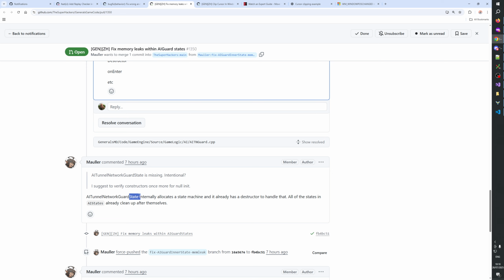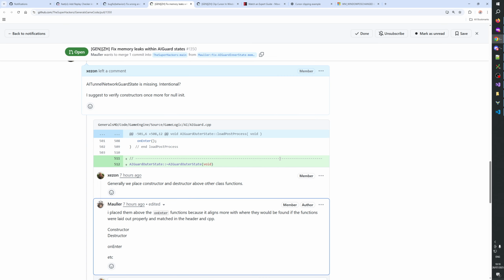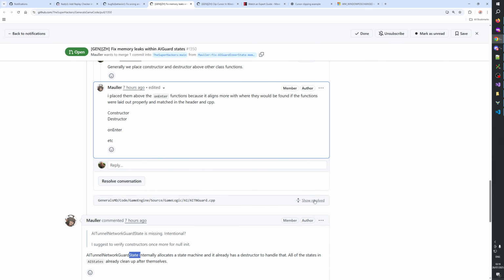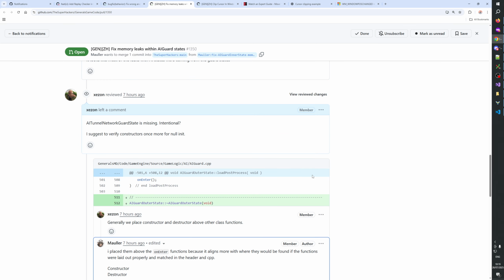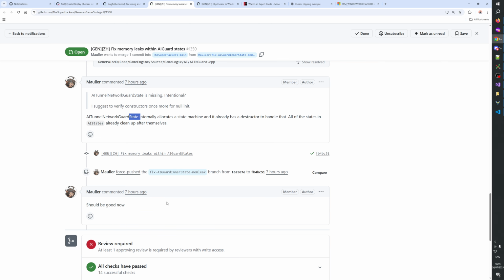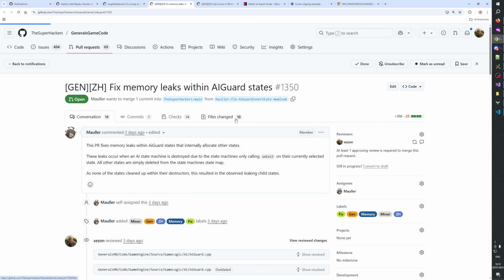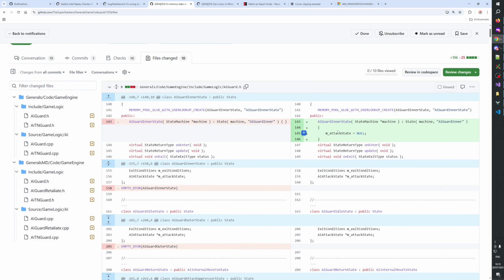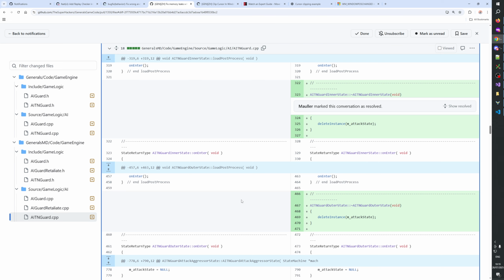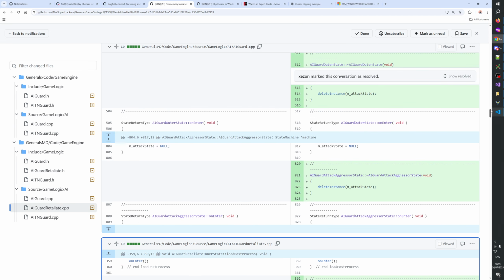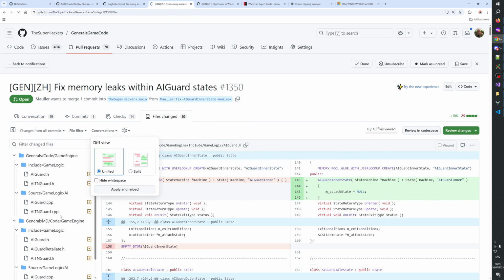It internally allocates a state machine and it already has a destructor to handle that. Okay. All of the states in AI states already clean up after themselves. May I change the presentation?